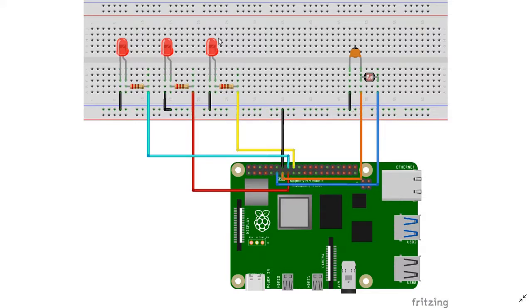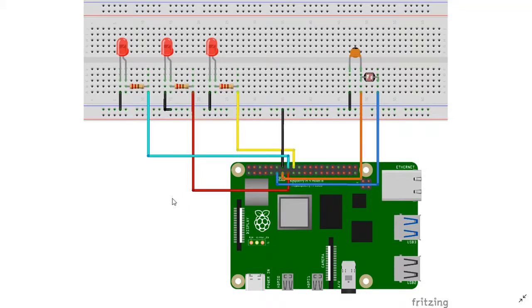Then we move on to the LEDs, which make up an alternative to the lights and bulbs at our home. We see here the GPIO pins, the board pin numbers 18, 15 and 16, are being connected to the LEDs in the circuit. The GPIO is connected with the resistor. The resistor in turn is connected with the anode of the LED and the cathode connecting to the ground. The same is carried out in all three cases here.